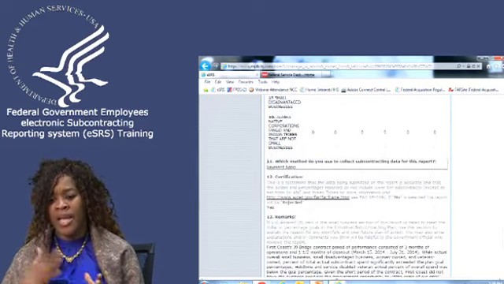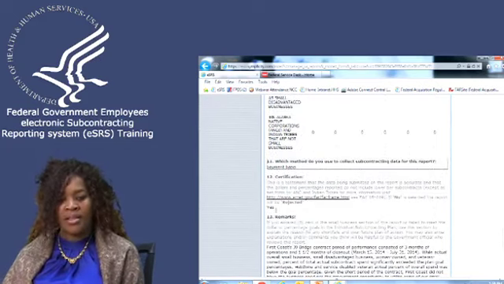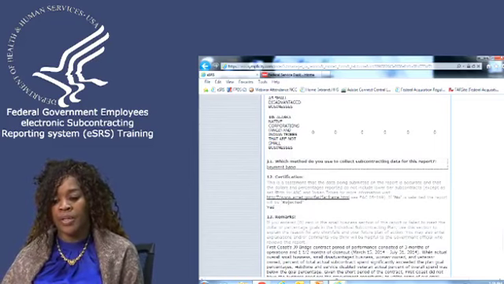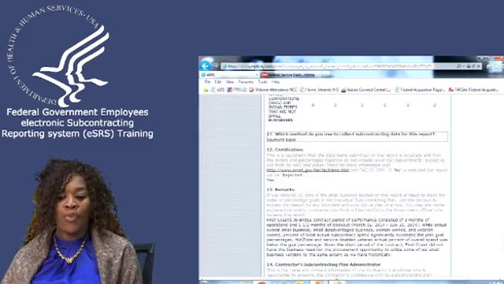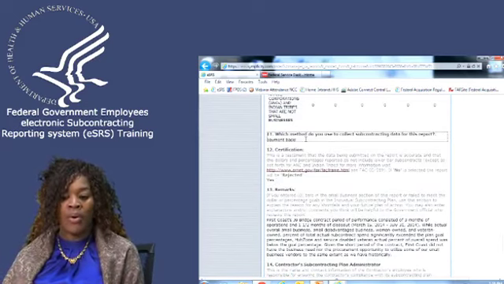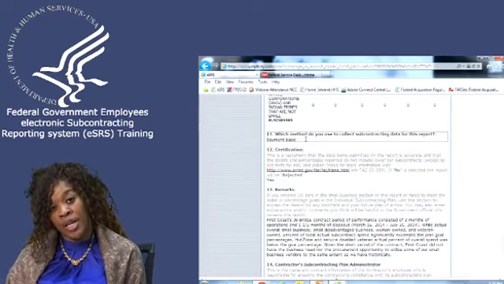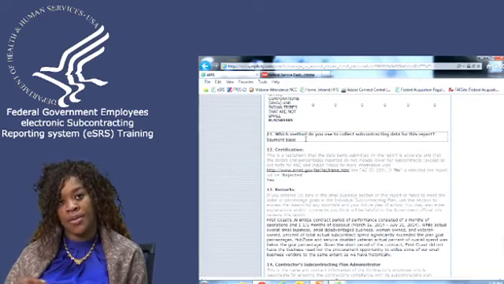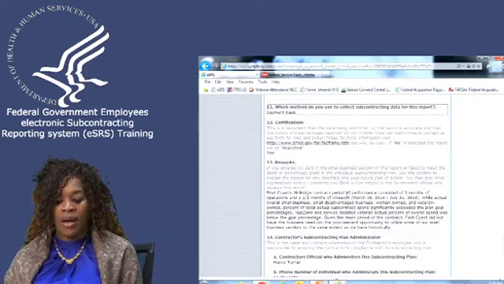That way they don't have to ever back out any dollars. They've also certified that the data is accurate and it belongs to them and not their lower tier subcontractors. If they had not, then again, we will reject the report. If we notice that all of their other reports were on a commitment basis and now they're doing a payment basis, we will reject the report, because whatever you start reporting on is what you have to continue to report on. We would then read what was in their remarks column.